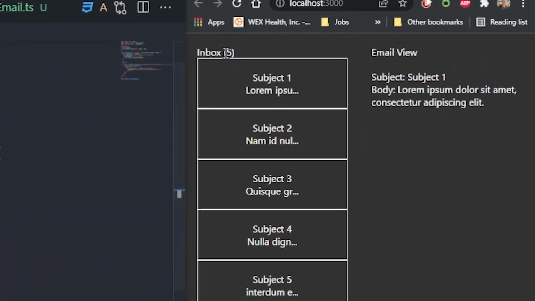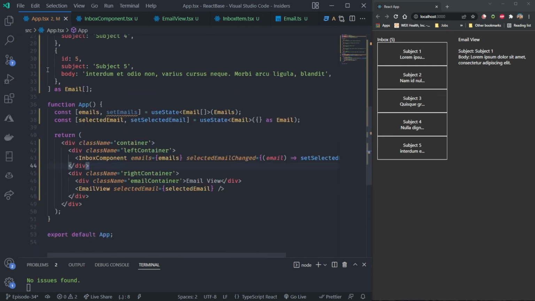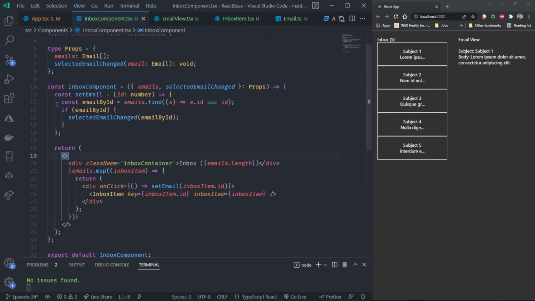Right, so now it says inbox 5. So I'm now sharing from my top level app all of the emails in the app to the inbox component. And inside the inbox component, I loop through those emails one at a time. I grab the length of all of them for the count. And then one at a time, I create a grandchild, which is an inbox item. And each inbox item